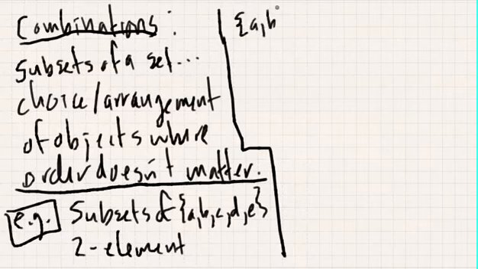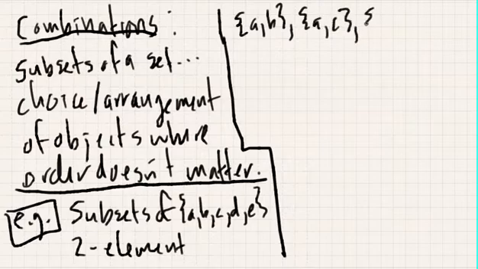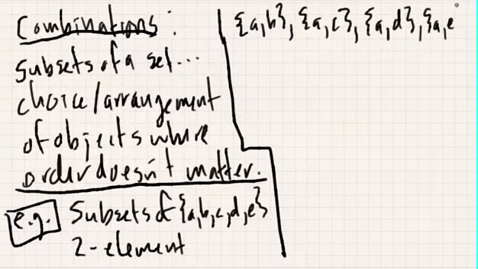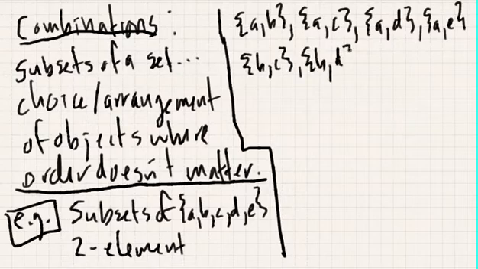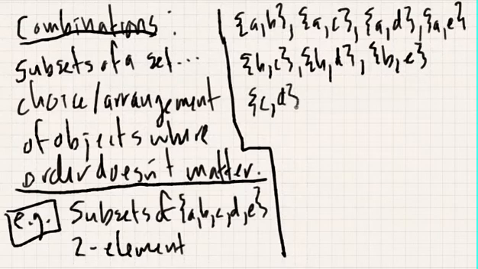They're A comma B, A comma C, A comma D, and A comma E, B comma C, B comma D, and B comma E, C comma D, C comma E, and last of all,